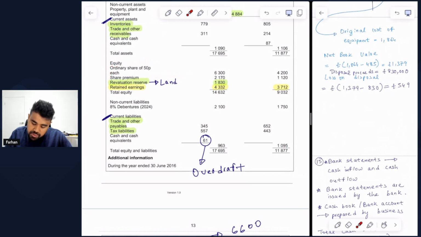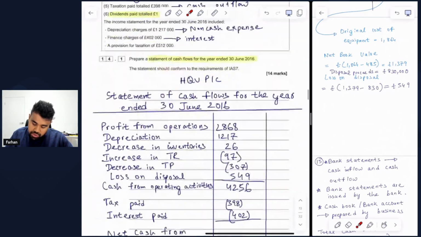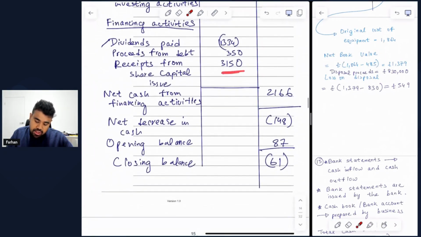So you will see the difference between the ordinary shares from 2015 and 16 is plus 2100, from 4200 to 6300. And for share premium, this has also gone up, which is the difference between 2170 and 1120, which is 1050. So you add these two together and you should get 3150 as the increase in share capital as a whole. So 3150 is what we have included here. And we do not have really any other activities for financing to take care of from the equity section, but